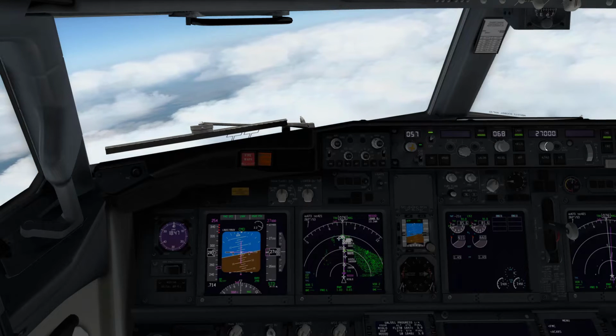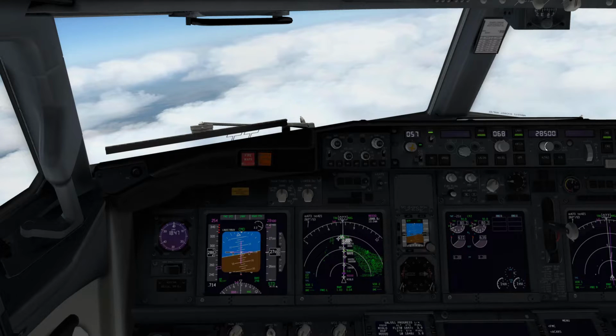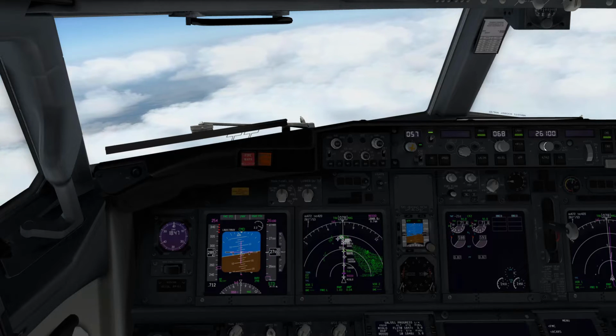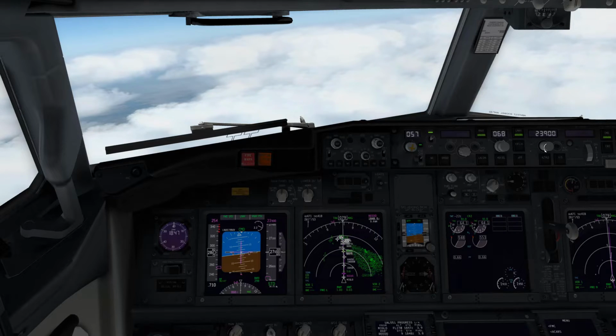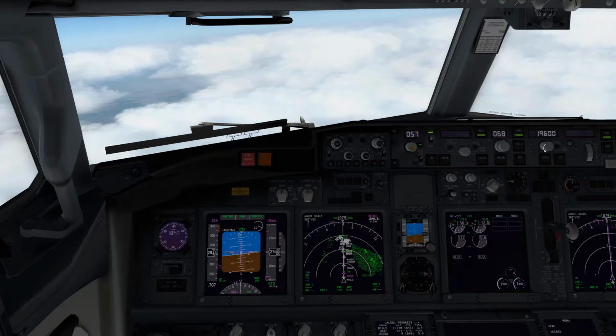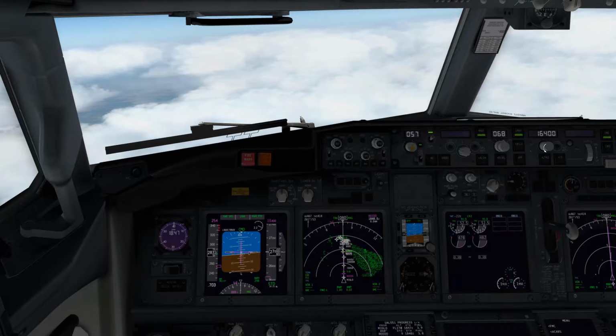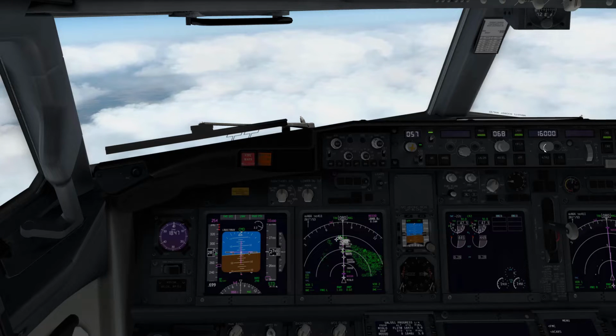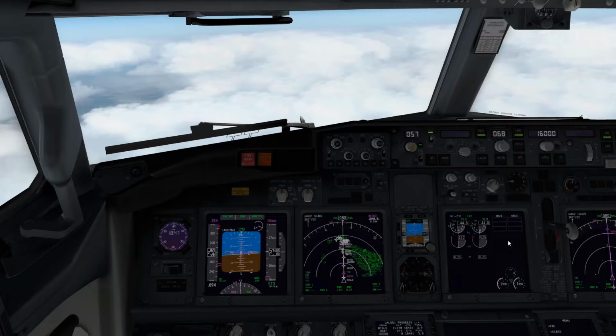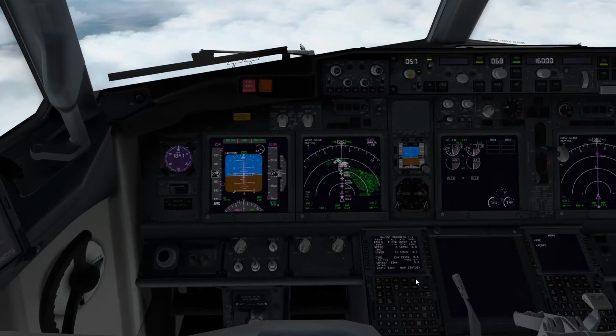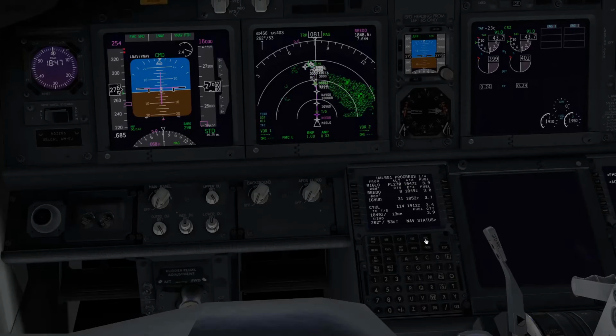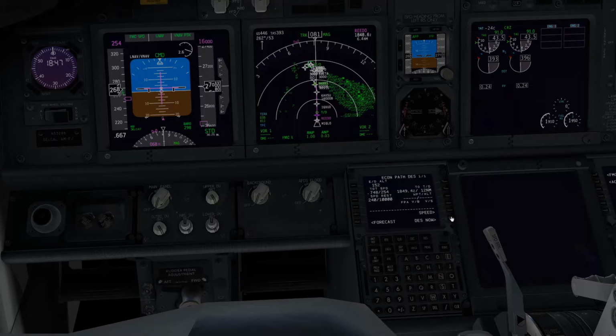And let's say air traffic control comes on and gives us a descent down to 16,000. So we'll go to the altitude window, we'll set 16,000. Aircraft is going to slow down to 254 knots for the descent. I'm going to select descend now and execute that,